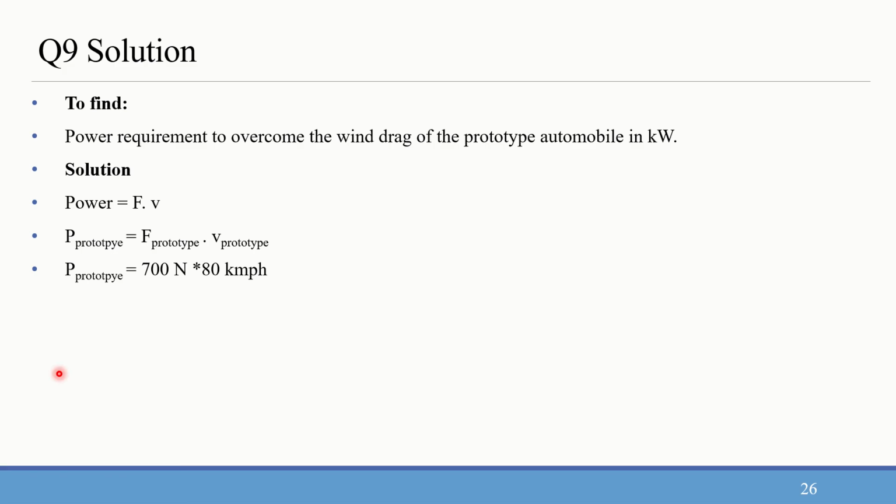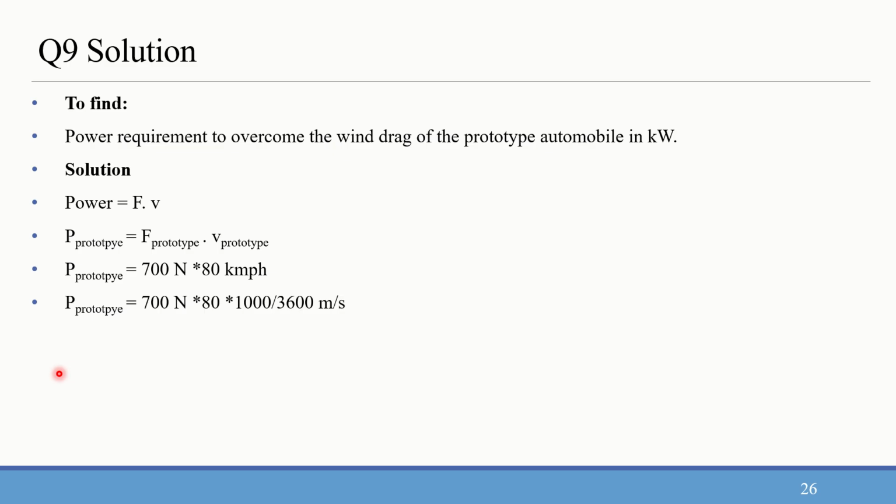Power is actually F into V. We are asked to find the power requirement in the prototype, so we can calculate it using F prototype into V prototype. F prototype we have calculated as 700 Newton, and V prototype is given in the question as 80 km per hour. Using that, 700 into 80 gives us 56,000